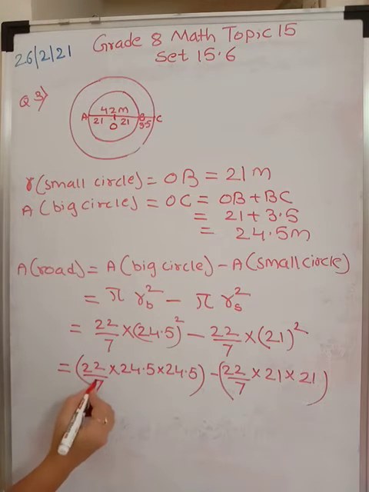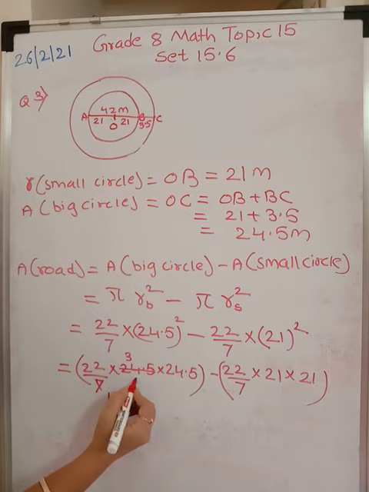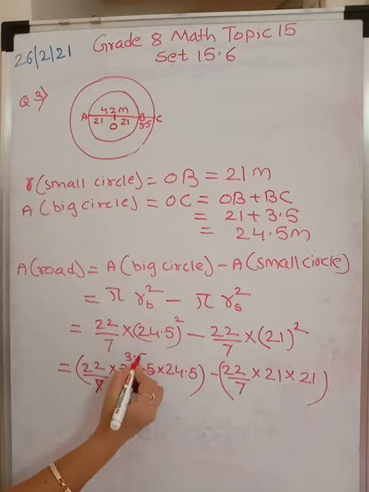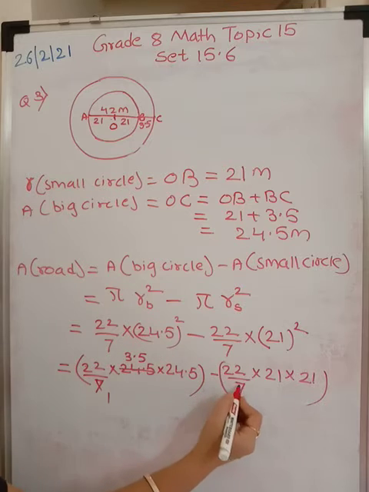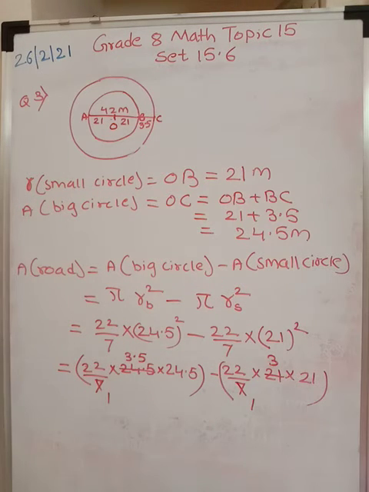See now, this is 7. This is 7 ones are and this is 3s are 21. 3.5, 35 means 3.5. Okay. 7 ones are and 7 3s are. Up till here, is this clear? You may pause the video and take it down because I need to write it above. So what are we left with?